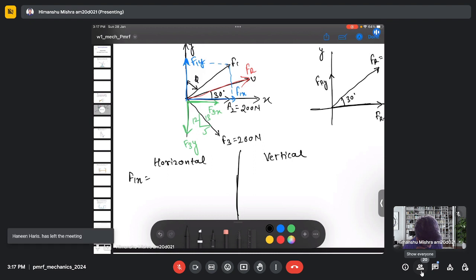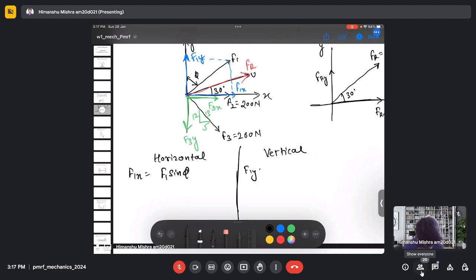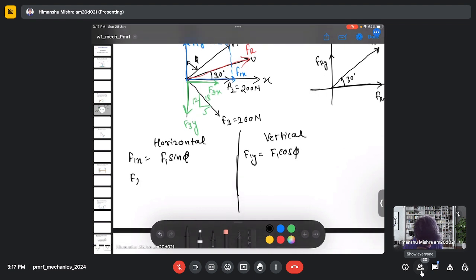The F1x is basically the sine component, so it will be F1 sine phi. And the vertical component F1y is given by F1 cos phi. Now for F2, we have given 200 Newton because it's acting along the x-axis. So the whole force in the x-axis is 200 Newton. So this is F2x, and F2y is 0